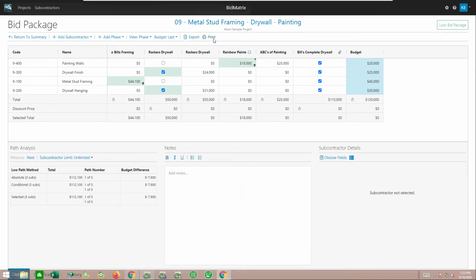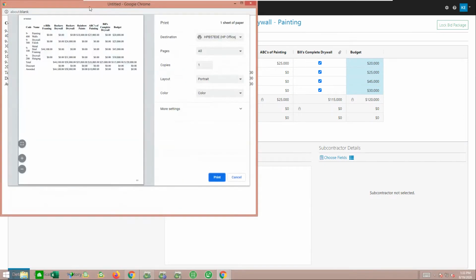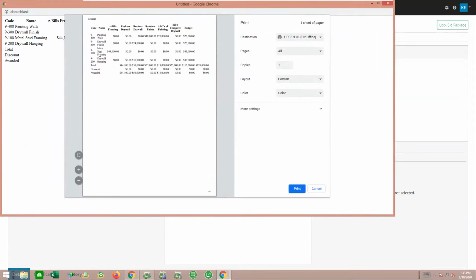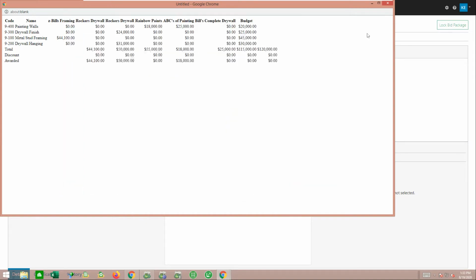So print, this is version 1. And so far, it looks like the print is a little bit rough, kind of depending on how much information you're showing, but it basically shows what you have on the screen. So, in my case, it's showing me my different names and who's been bid across it and what the values are and things of that nature. So, if you did want to dump it out to paper for some reason, you can.